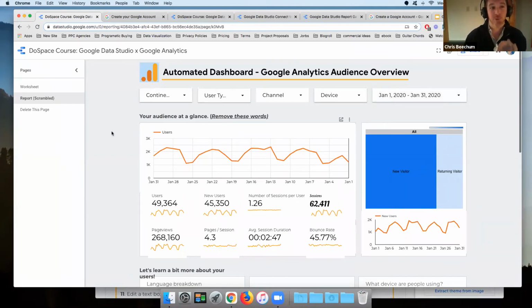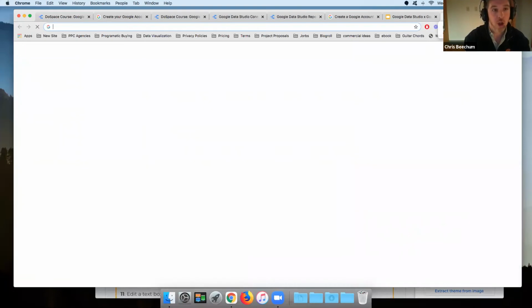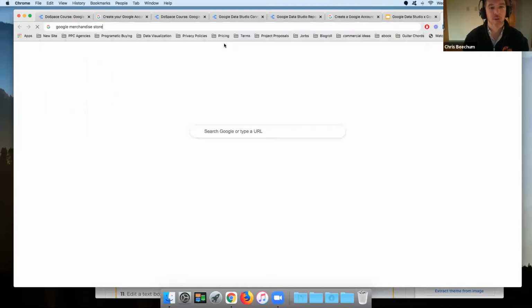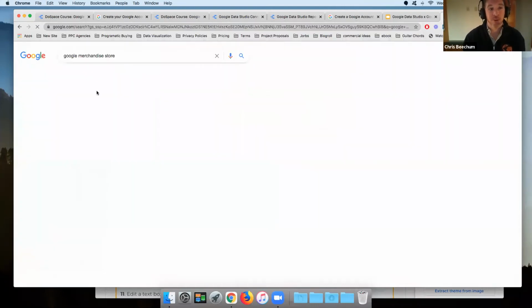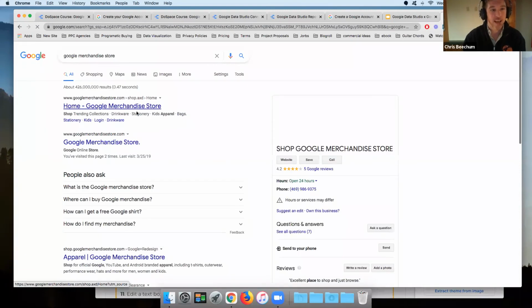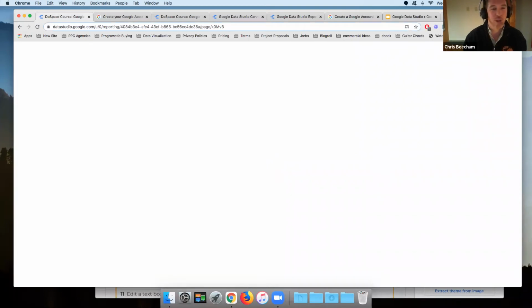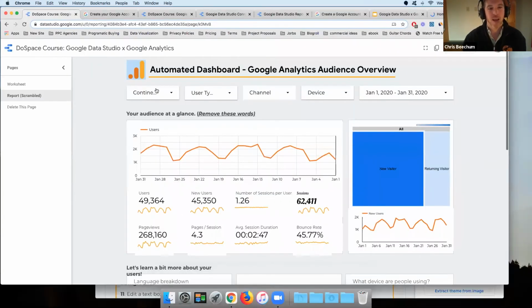By the way, this is a real website we're looking at today. I'll bring it up right here. It's called Google Merchandise Store. Everything we're going to be looking at is very real data. It's a store that sells different kinds of Google stuff, like a lot of t-shirts or cups or stuff like that. I'm not going to look at it too much. I just want you to know this is real data. We could add a link to this specific site, that'd be a good thing to put on this report. But anyways,